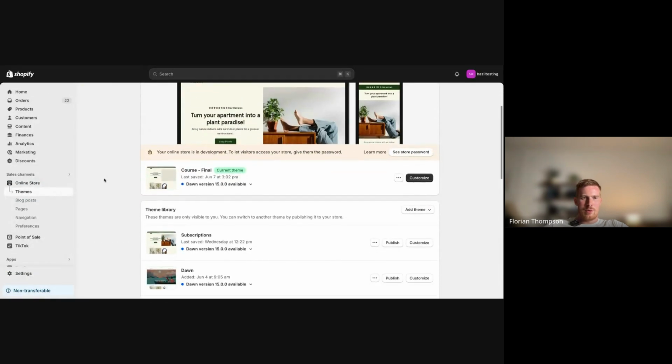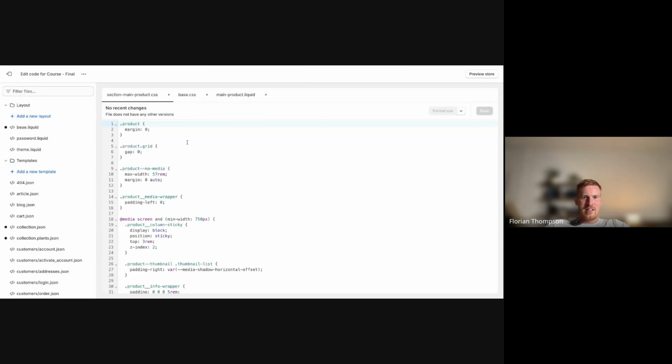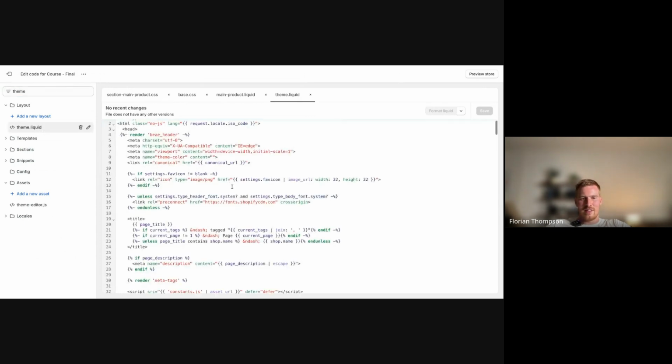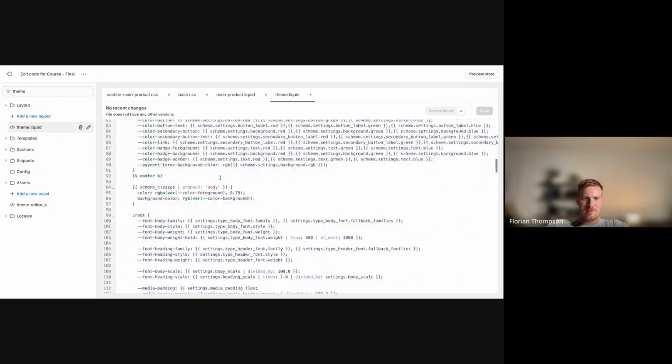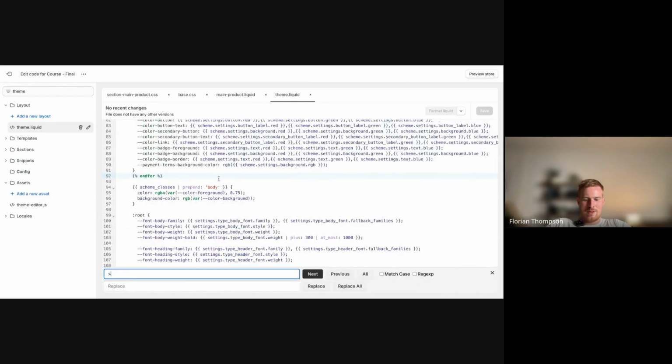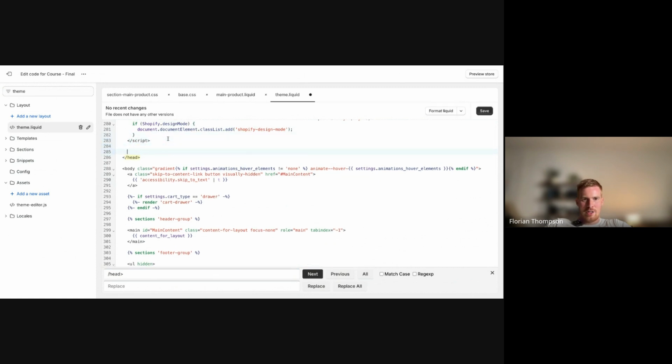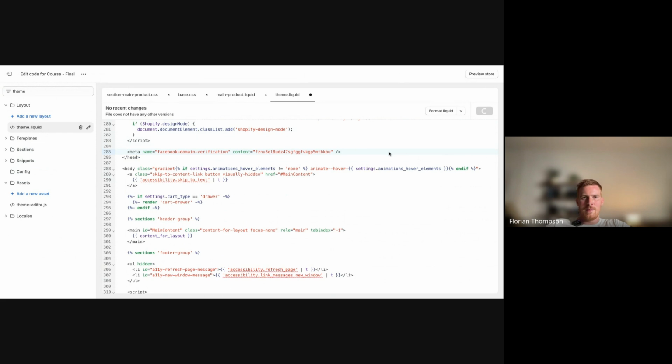So we want to go back to Shopify, and here we actually have to edit the code. You usually duplicate it, but we're going to do an actual video on this, on how to safely do this. But you can edit the code, and then we want to go to our theme.liquid. Again, don't worry if this doesn't make any sense. I'm going to do the end of the head, and then you can just paste that code that Meta gave us. You hit save, and if we go back,